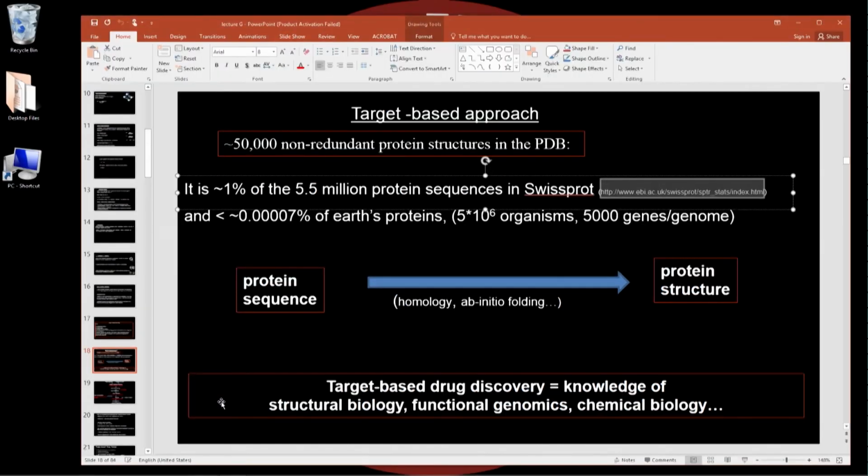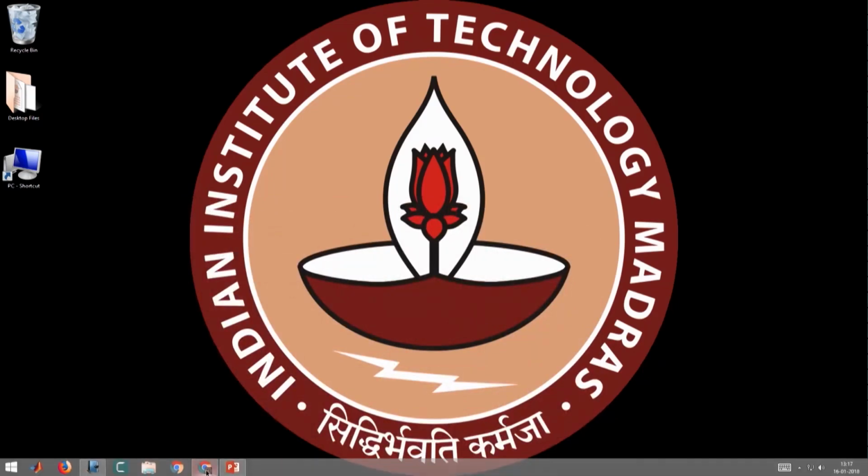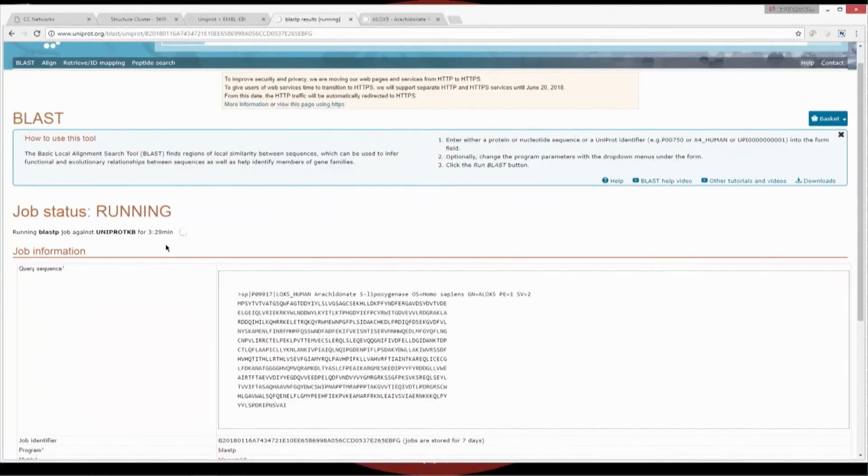Okay. So if you again go back, let us see whether the job has been done. The job is still running because there are too many proteins. So we will continue